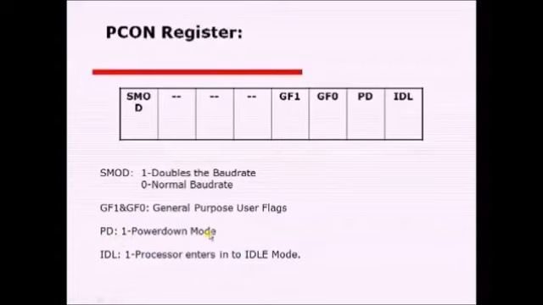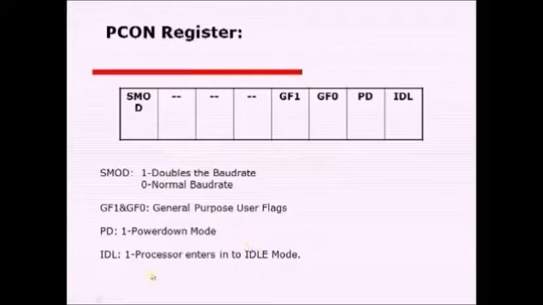Now what happens in power down mode? Clock is gated off to all the sections, including the peripherals, and the supply voltage would be reduced to 2 volts, only to keep the data present in the RAM. That is what happens in power down mode, which is similar to standby mode in PCs. If we click on standby, whatever process or application we were running before standby would resume running. Why? Because the supply voltage is only given to the RAM.